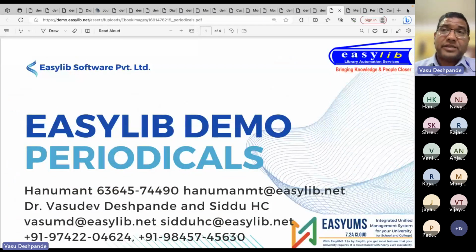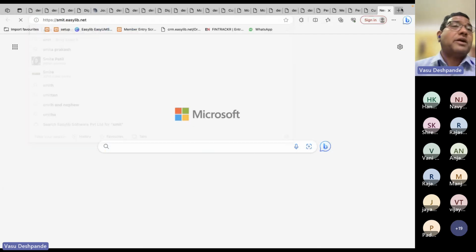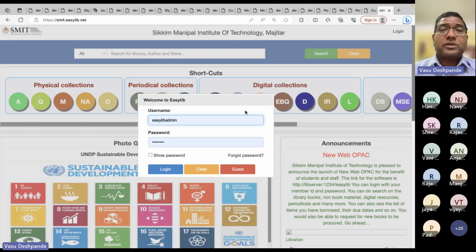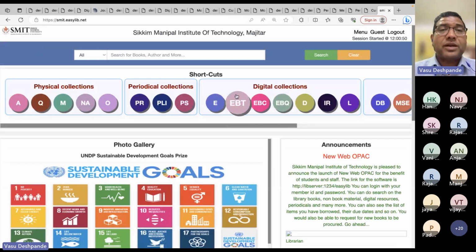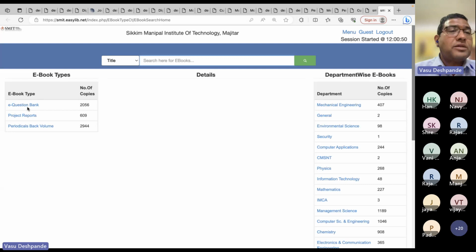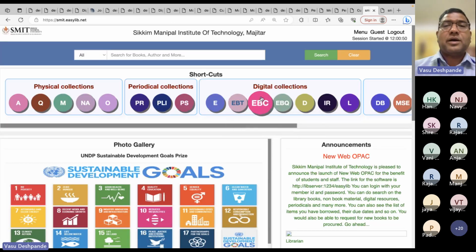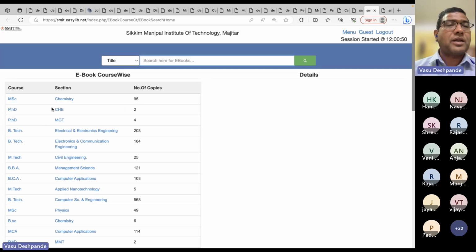One of our clients, the Sikkim Manipal Institute of Technology, has done a wonderful job. If you go to EPP, journals, periodical back volume, project reports, they have uploaded the table of contents for them. Now, it may be a lot of data over here, so let me search EPC by course type. If I click,